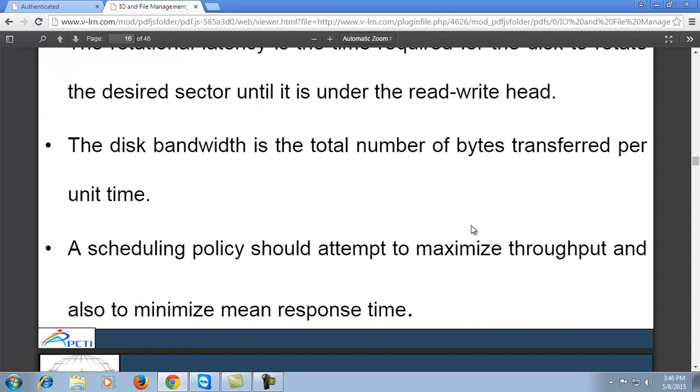A scheduling policy should attempt to maximize throughput and also minimize mean response time. Response time is the time taken by a system after accepting a request.